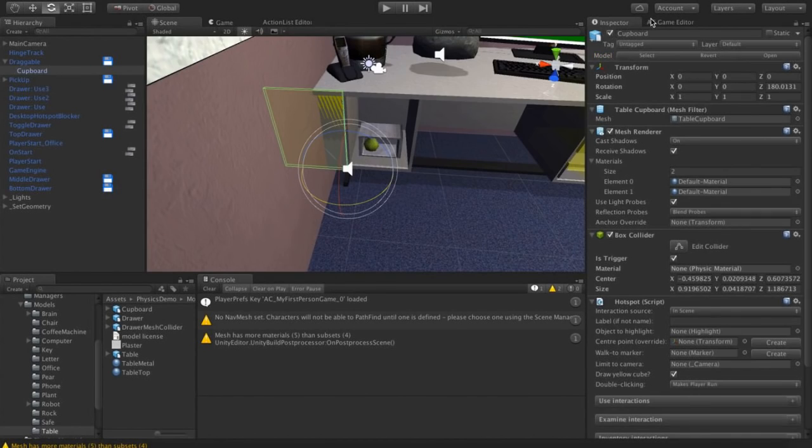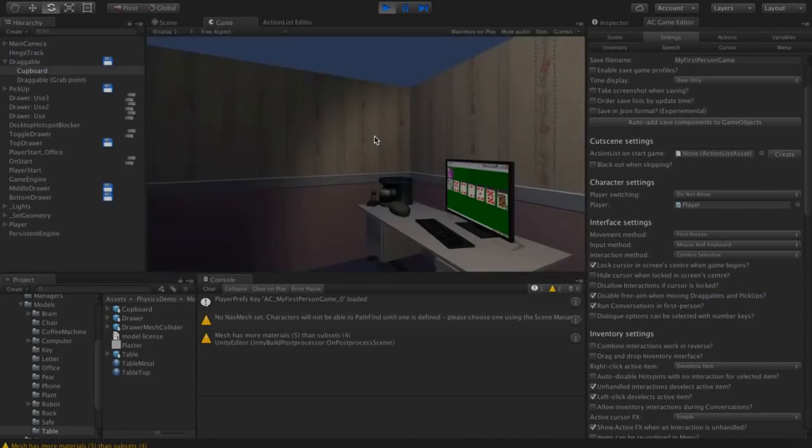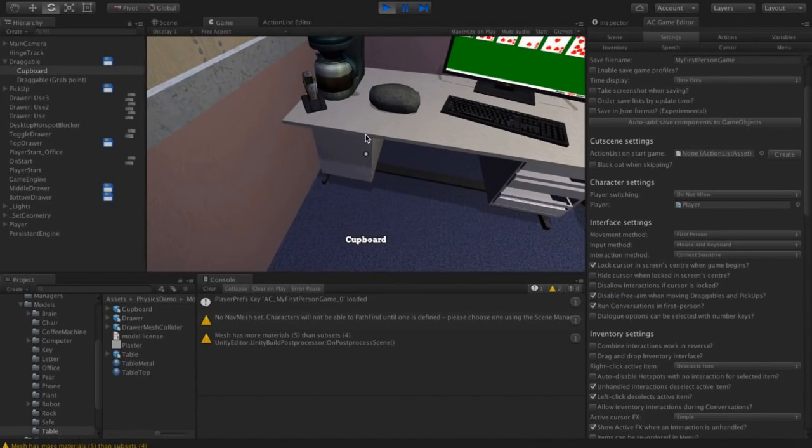So what I'm going to do is, in my settings manager, up in interface settings, I'm going to check disable free aim when moving draggables and pickups. So now when I hold down the mouse button over the cupboard, I'm now locked in rotation when I'm dragging around this cupboard.